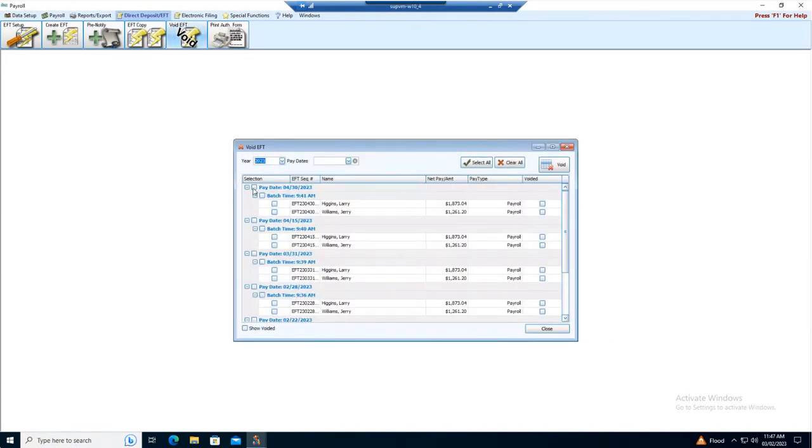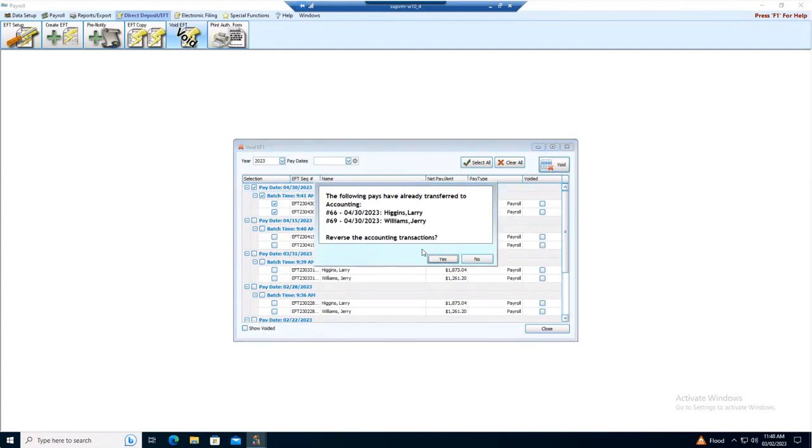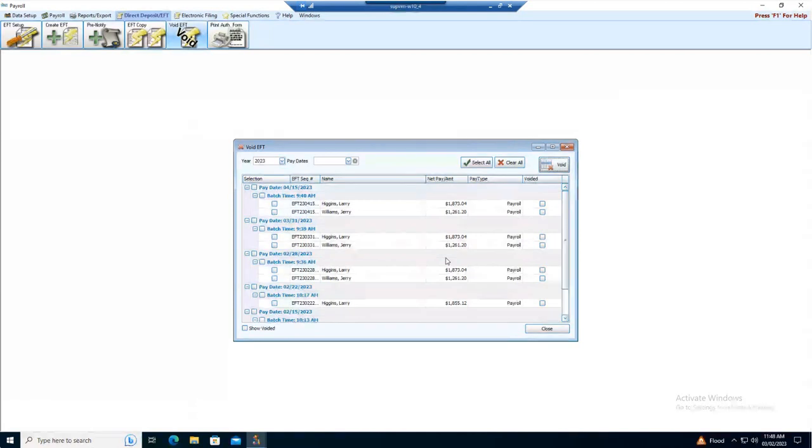So if I choose, say here, April 30th, I know I transferred this. Click Void. Yes, here it is. The following pays have already been transferred to accounting for Larry and Jerry. Reverse the accounting transactions. We would click yes. It's now reaching over all the way into accounting. It's not only removed April 30th here as well, but it's reversed those accounting transactions at the same time. Okay, so